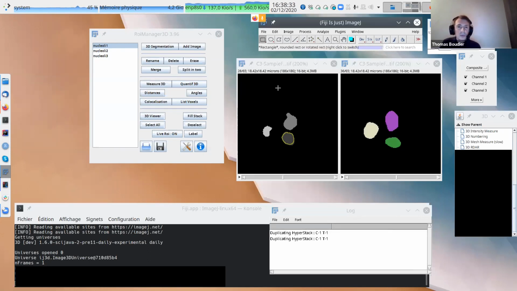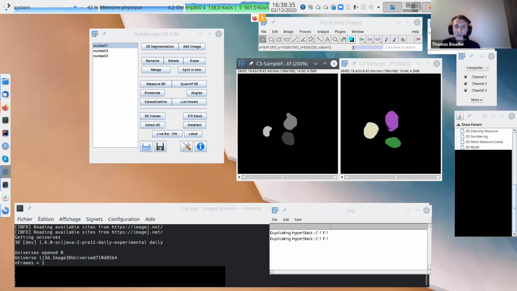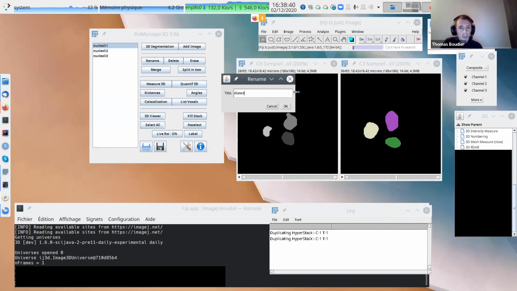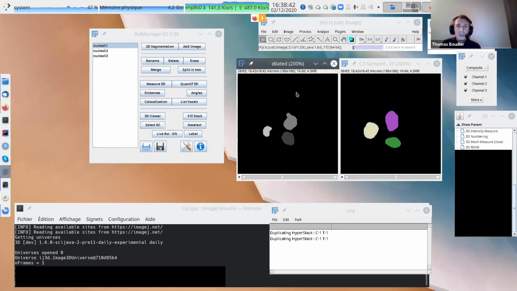So now if I do the difference between these two images, let me just rename this one dilated, so I know which one. Now I want the difference. I just want the border, this 1 pixel border.